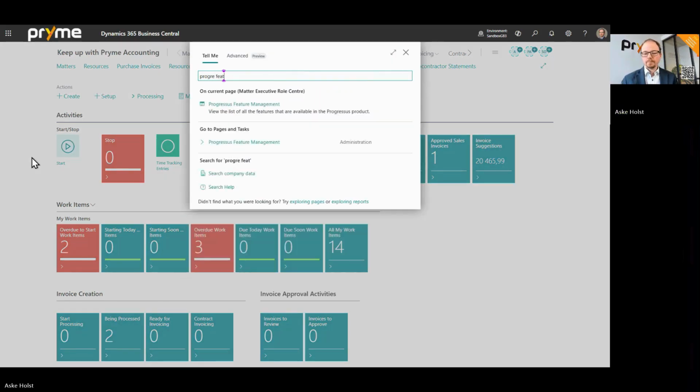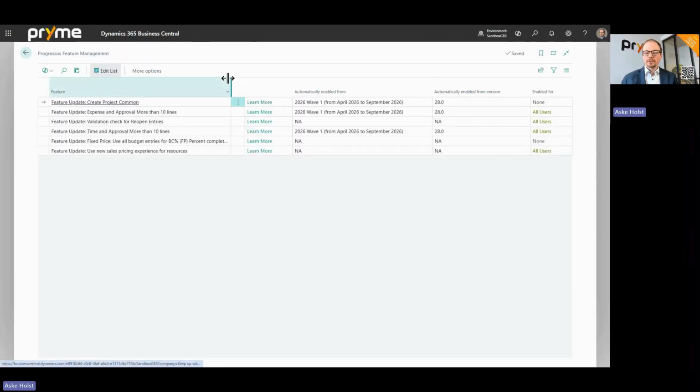With advanced projects, we have some feature enablement, feature management, and that can be found under Progresses feature management. So search for that. And in here, we can see the features for things you can turn on or off that will be, most of them, mandatory in the future, and you can see when they will become mandatory. One of those features is what we call the project creation common code base, listed here as create project common. It is an architectural change that